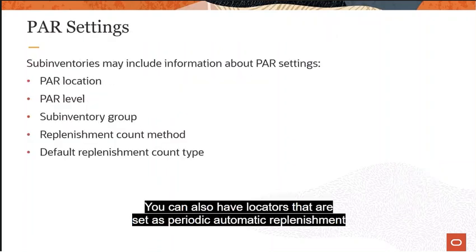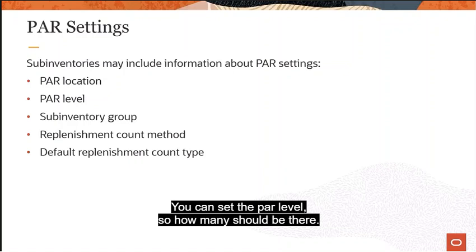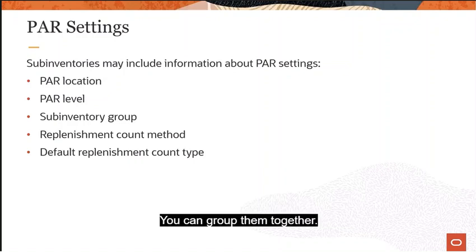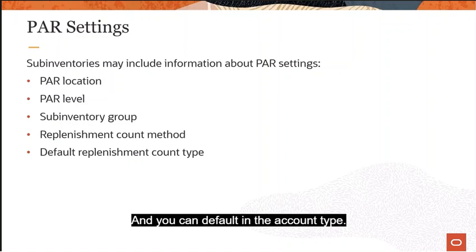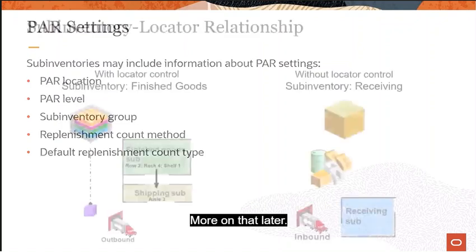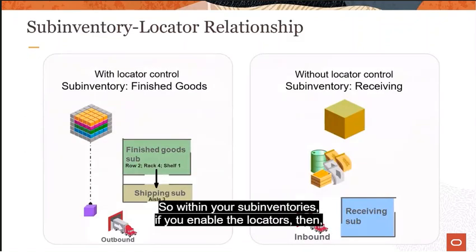You can also have locators that are set as periodic, automatic replenishment locations. You can set the par level, so how many should be there. You can group them together. You can define how you want to do the replenishment, and you can default in the count type. More on that later. So within your subinventories, if you enable the locators, then when you put material away, you're